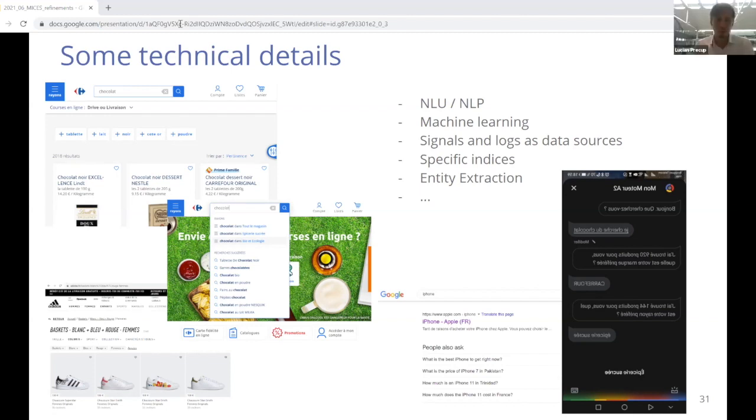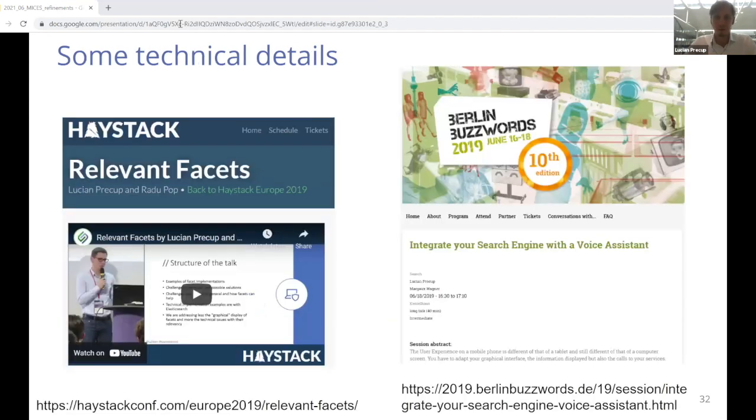for 20 years, you could do everything around filters and refinements, I mean the old facets, with a single technology like Lucene. Today, with the new use cases and with a new way of using the search engine, you have to go beyond that. So you need a lot more data, not just the initial data, but also logs and maybe personal data, and you need specific indices. You need machine learning a lot, and this helps a lot for these new use cases. Some technical details are presented in these two talks, so you can see a lot of technical details on these subjects at Haystack and at Buzzwords,